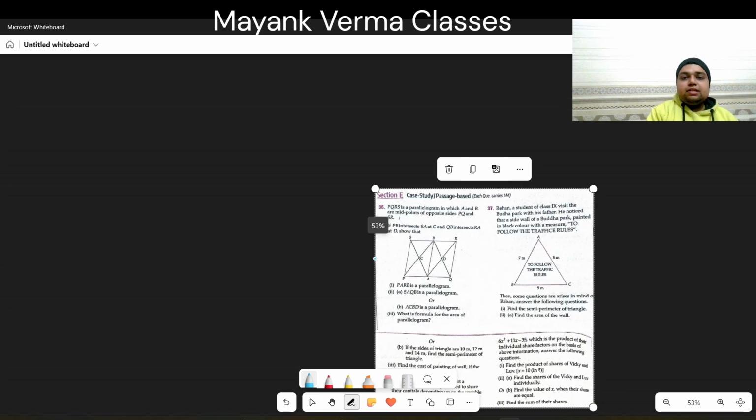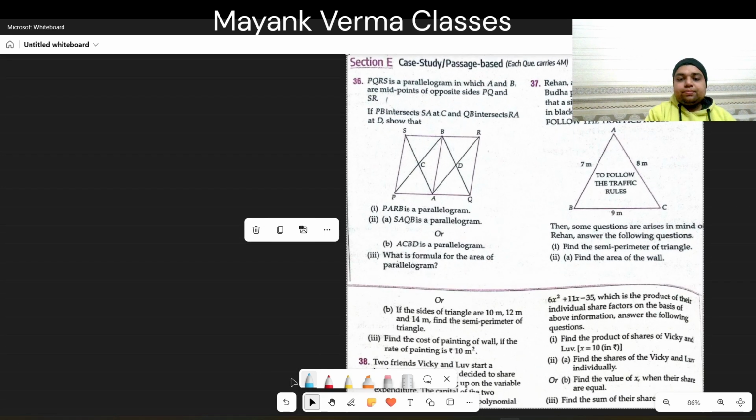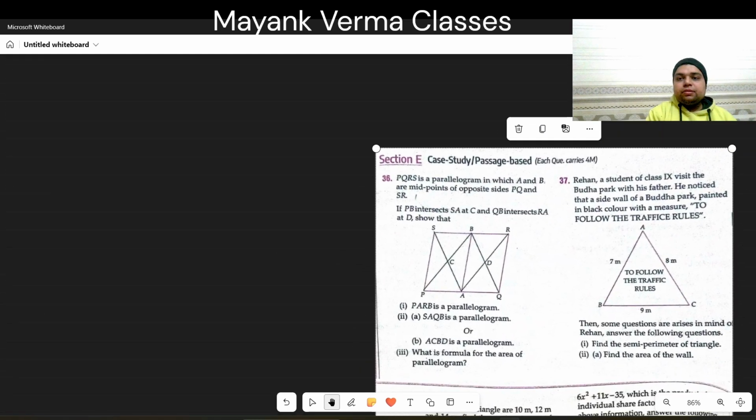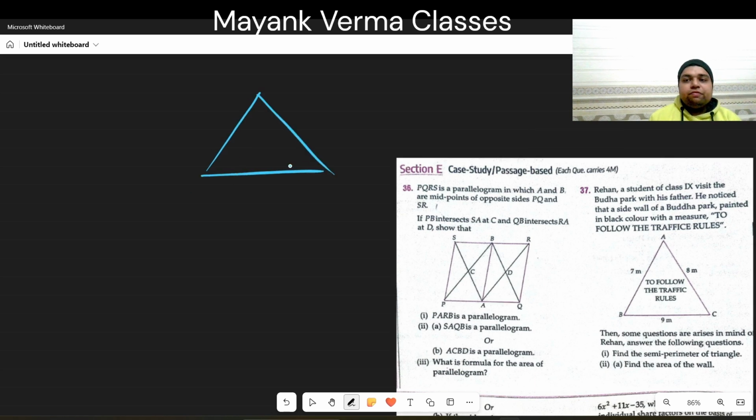Okay. Now let's see the next question. In the next question, it says Rehan, a student of class 9th, visited a Buddha park with his father. He noticed that the side wall of the Buddha park was painted in black color with a measure to follow the traffic rules. Okay, so a triangle is given to us with dimensions 7 meter, 8 meter and 9 meter. Now it is saying find the